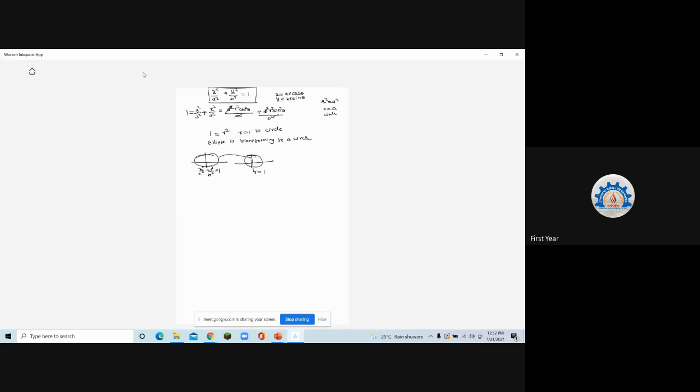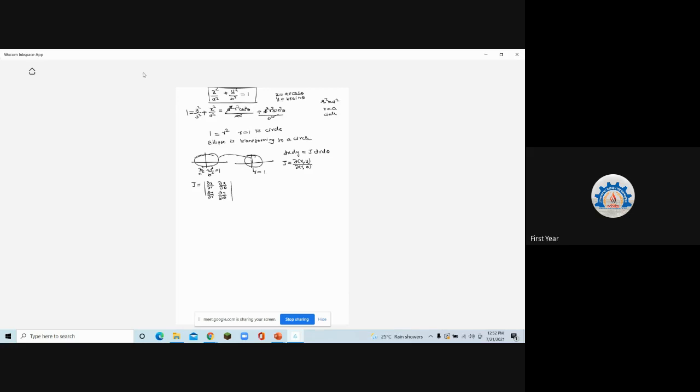So what will be dx dy? dx dy will be the Jacobian into dr d theta. We saw it previously, how it became. So we have to find the Jacobian now. The Jacobian is of this new x, y with respect to r, theta. So what is the formula? Therefore your J becomes the derivative of x with respect to r, x with respect to theta, y with respect to r, y with respect to theta.